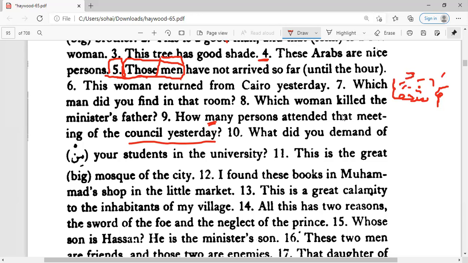Come shakhsan, because after come the word has to be accusative. So it has fathas here and has to be singular. Come shakhsan, attended. How many? And the attended is going to be singular also because it's going to follow shakhsan here. So how many people attended? كم شخصا حضر